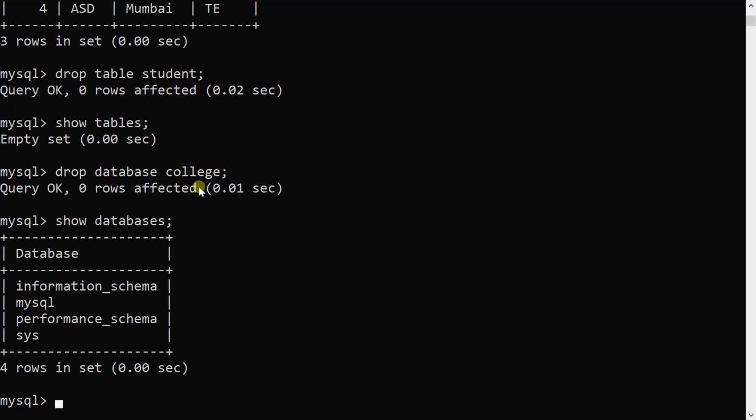So these are the basic commands of SQL. In my video, I have explained how to create a database, how to use a database, how to create tables, how to assign a primary key to a particular table, then execution of DML statements like insert, update, delete, how to drop a table and how to drop a database. These are basic commands which we require while executing SQL queries.